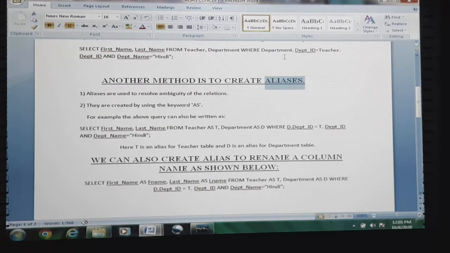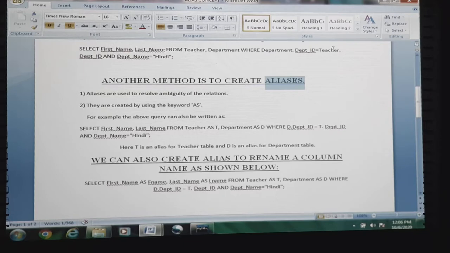Okay. So one method was the name of the relation followed by a period and then the attribute name. Now, apart from prefixing the name of the relation, we can also use one more method by means of which we can perform our join operation between two relations.